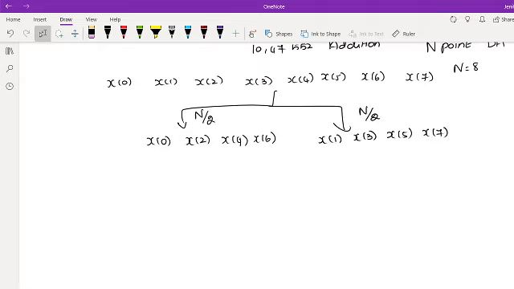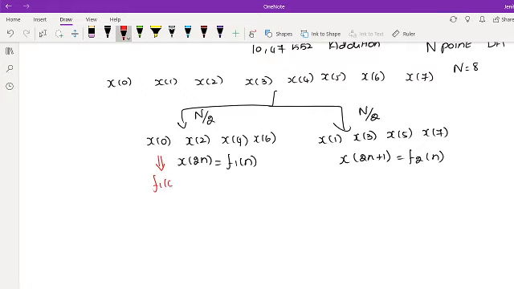Now, for representing this in an easier way, I am using an even and odd representation. That is x of 2n for the even representation, and x of 2n plus 1, even plus 1, always the odd representation. And I am going to give new names for these, that is f1 of n and f2 of n. In the n place, substitute n is equal to 0. So f1 of 0 is equal to x of 2 into 0, which is equal to x of 0.